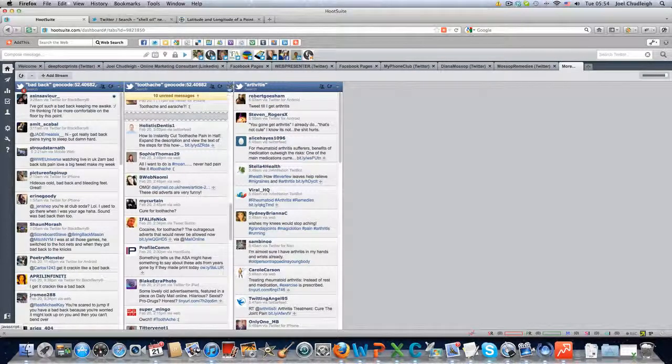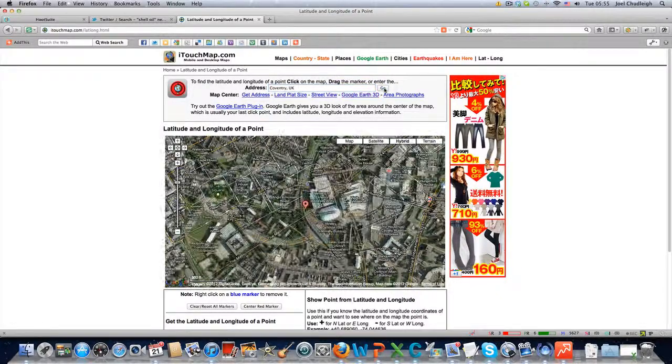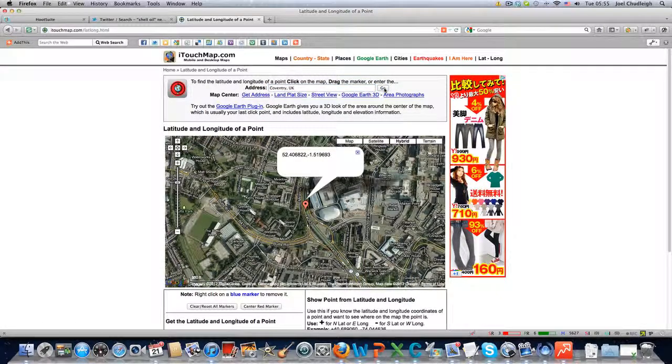Right, now as you can see here, this has got geocode 52.40682, and so what I've done with that is I've targeted it only to the UK. So what we could do is go and use this tool. This is itouchmap.com/latlong.html, and you can type in a place name that you want to target. So if we do Coventry, UK, I know Coventry is the geographic centre of the UK, and this is the